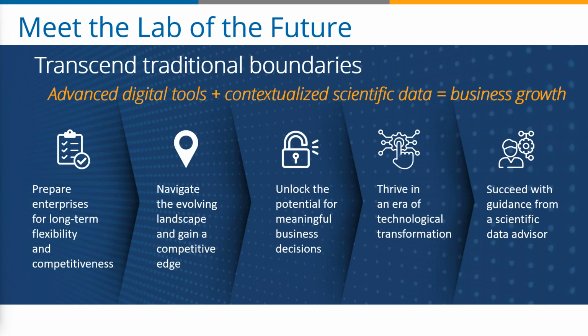Organizations should embrace these technological advancements and transformations to not just survive, but to thrive in a rapidly changing environment. Collaborating with a scientific data advisor or a partner who can provide expertise and guidance can help your organization succeed in this transformative journey. Overall, this vision underscores the importance of embracing technological advancements and data-driven approaches to stay competitive